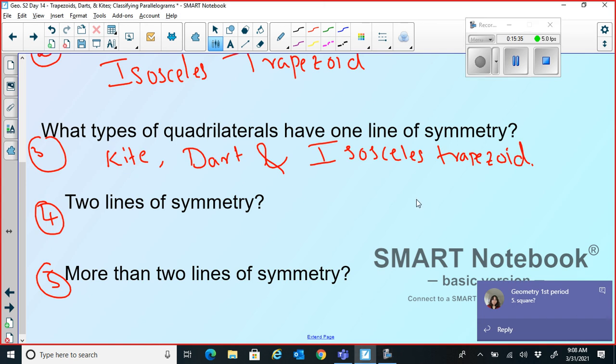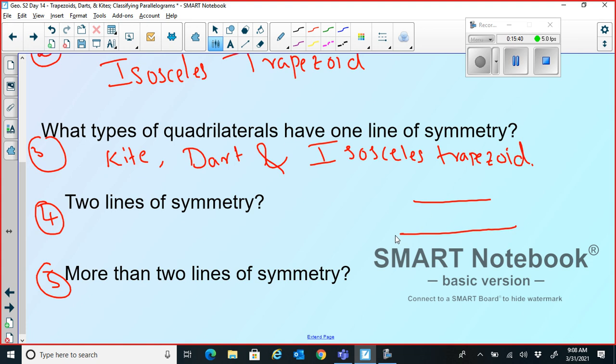Okay, let's try to draw and check for two lines of symmetry. Let's draw isosceles trapezoid and see if we can get two lines of symmetry. Actually, if I were to take this particular line across this, these two are symmetric. Similarly, let's try for this. No, I can't get symmetry. And if it's not symmetrical across the line which I drew just now, let me draw it blue. Okay, so isosceles trapezoid can't be the answer.